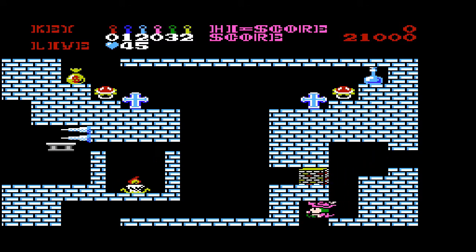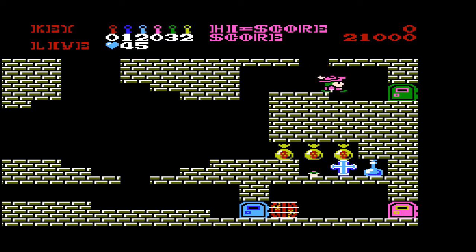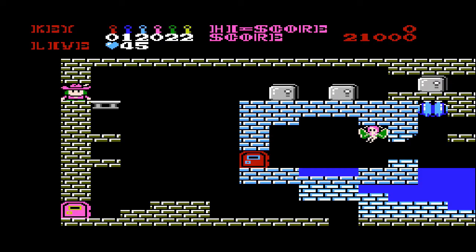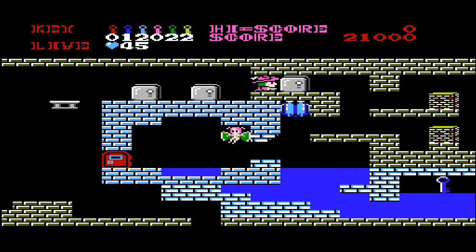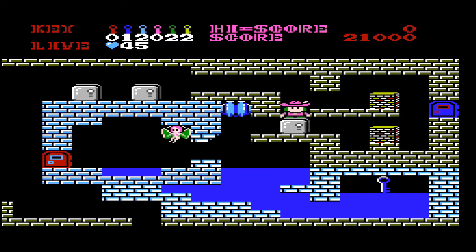Here's the chimney room again, or the fireplace room. We're very close, and here we go. Hey, look who it is. That is the first fairy. And of course, there is a puzzle to this. What we're gonna do is